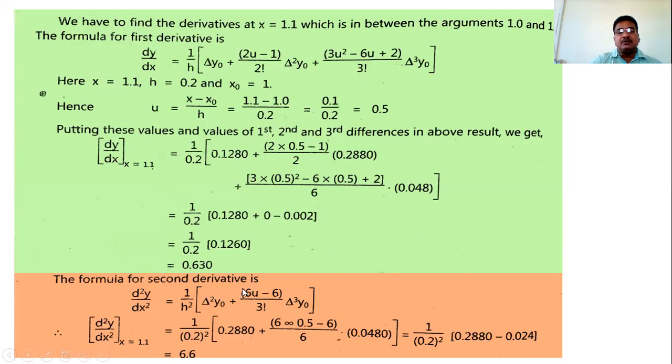And then to find the second order derivative, write the general formula: d square y by dx square is 1 by h square [delta square y naught plus (6u minus 6) by 3 factorial delta cube y naught]. This is the derivative of the previous function. No need to write the further terms, because all the differences of the fourth order and further are 0. Then substitute the value of h, and this gives d square y by dx square at x equal to 1.1. Substitute h square and all these values, delta square y naught, delta cube y naught, and u, we get the answer 6.6. So this is the example